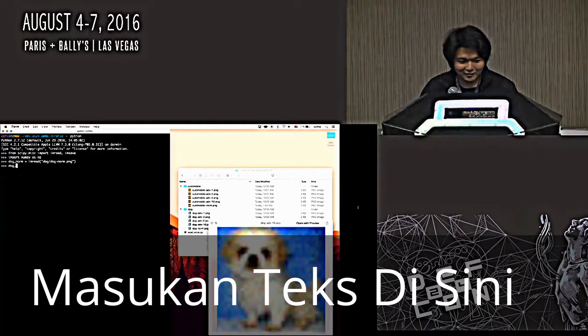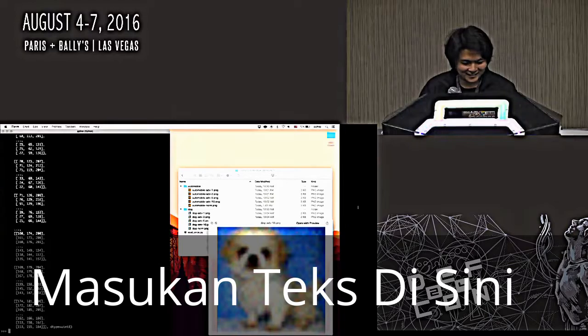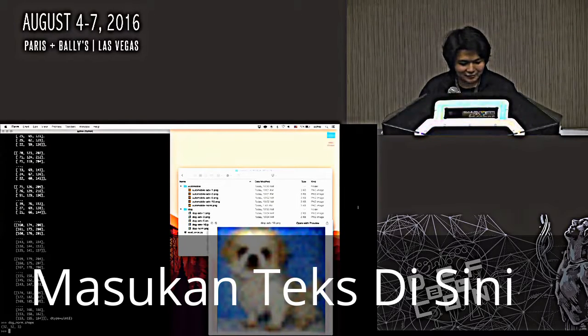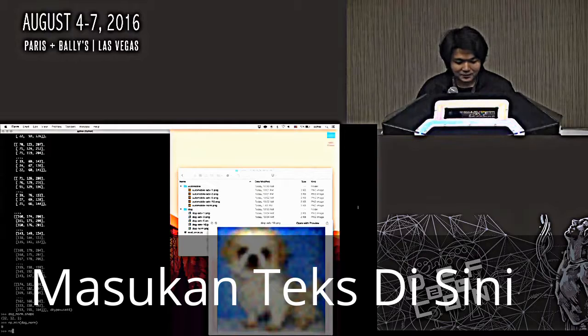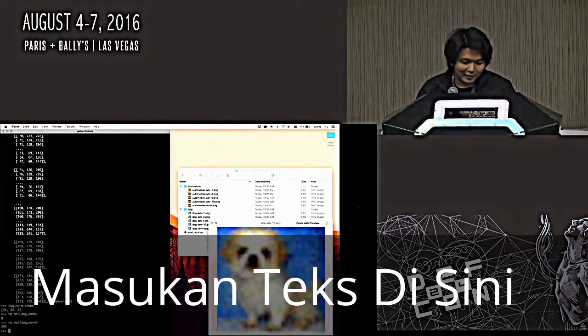So if you're trying this at home, use these libraries. So this is the standard representation of the PNG. It's just a 32 by 32 pixel representation. There's 3 channels, R, G and B, and the value of each pixel can be between 0 and 255, which is pretty standard.